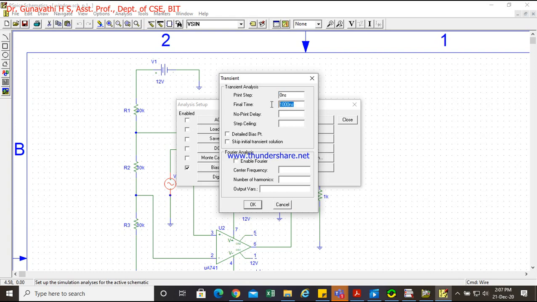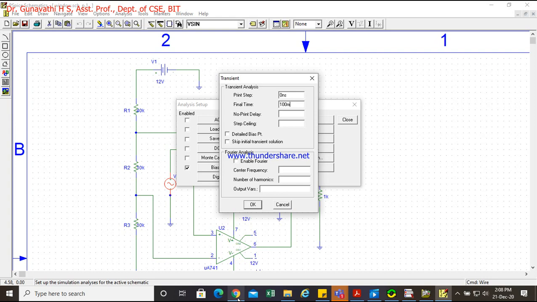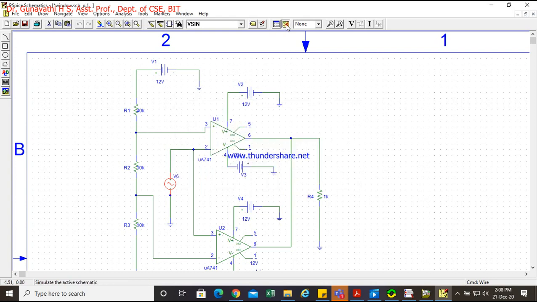But right now we need to concentrate on this. So one pulse is 20 milliseconds, correct? So 5 pulses I need, 20 into 5, so 100 milliseconds. Be careful here. So click on OK. So now you can simulate this.